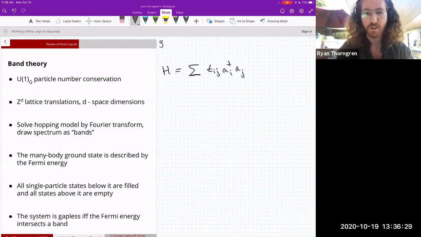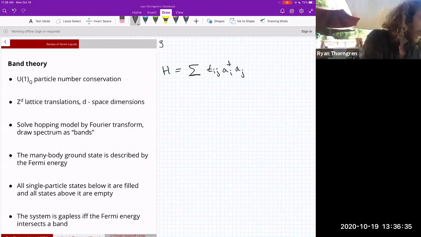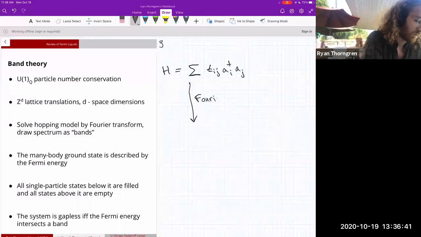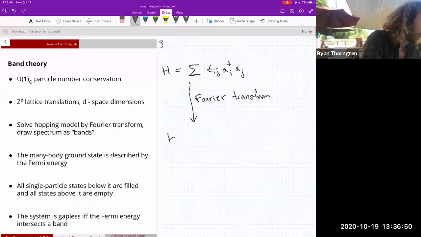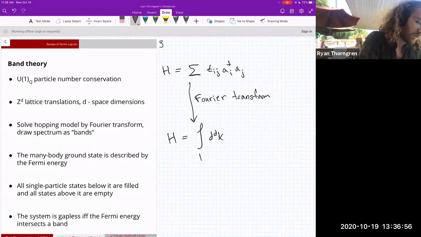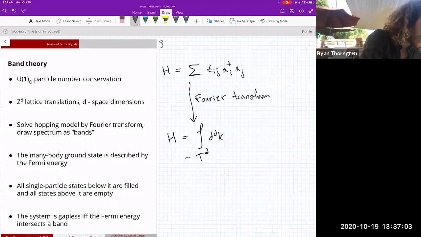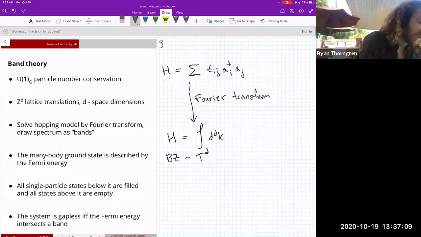So it's probably the simplest many-body Hamiltonian one can study. And it's solvable. The way to solve it is to go to the Fourier basis. So when we do a Fourier transform, this sum over the lattice becomes an integral over a torus. That torus, here little d is the space dimension. So this is the Brillouin zone, or BZ, and it's expressed in terms of creation operators now in momentum space,